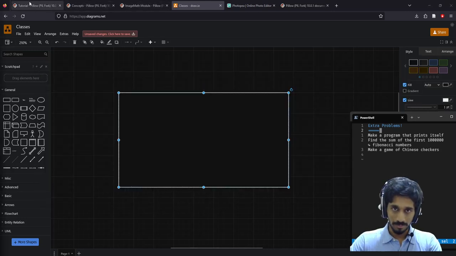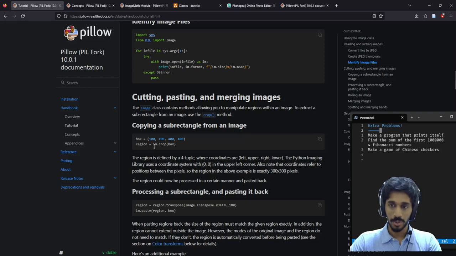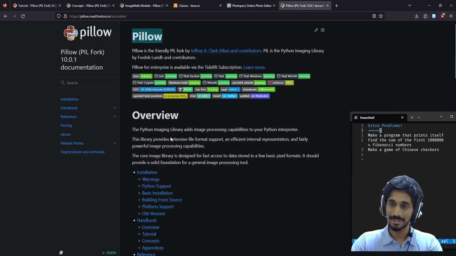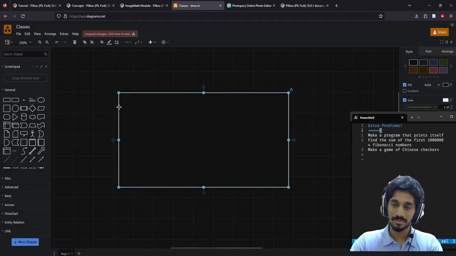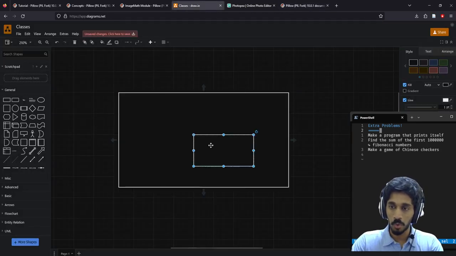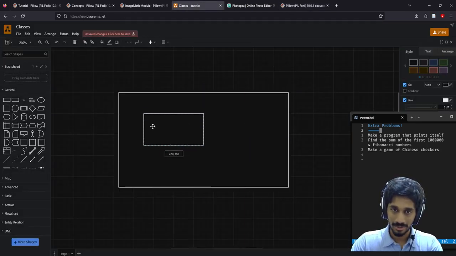According to Pillow, the region is defined by the upper left place and the lower right place. So if I want to have an image inside,